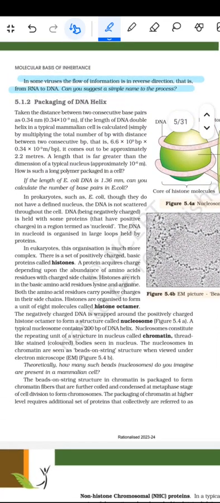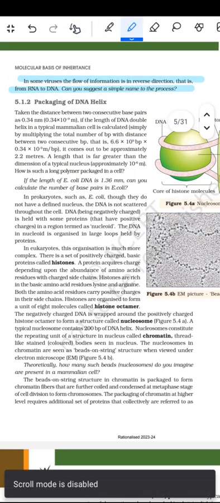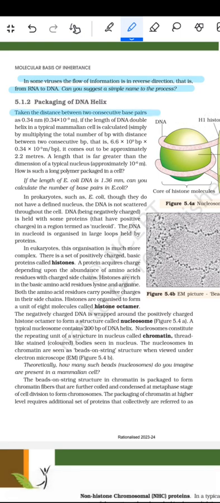इसके बाद फिर आता है पैकेजिंग ऑफ द डीएनए हेलिक्स. Take the difference between the two consecutive base pairs as 0.34 nanometer. If the length of the DNA double helix in a typical mammalian cell is calculated simply by multiplying the total number of base pairs with the difference between the two consecutive base pairs, that is 6.6 into 10 to the 9 base pairs, यानी 6.6 into 10 to the 9 base pairs into 0.34 into 10 to the minus 9 meter per base pair,